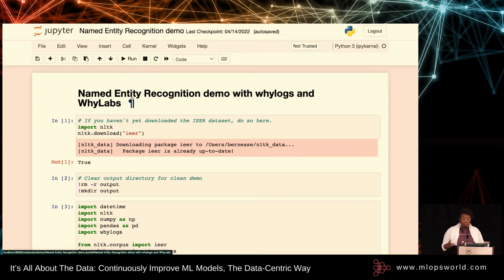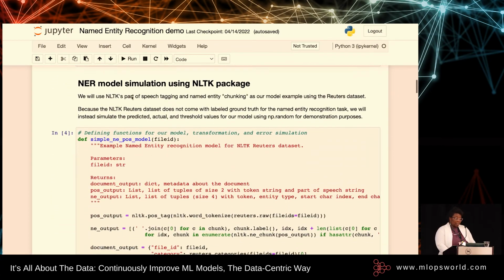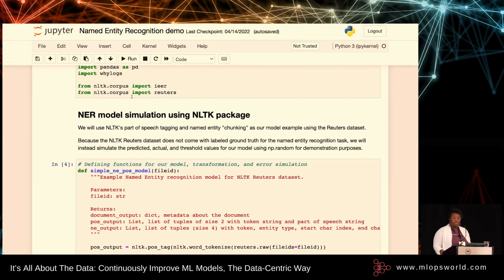And what I wanted to do is just give an example to some customers about named entity recognition. How many of you are familiar with the concept of named entity recognition? Oh, wow, more than I expected. Awesome. Okay. So named entity recognition, for those who have not, is a task where you have some amount of